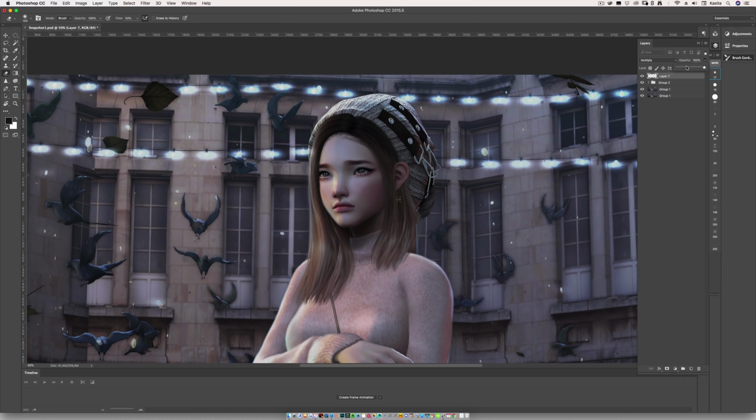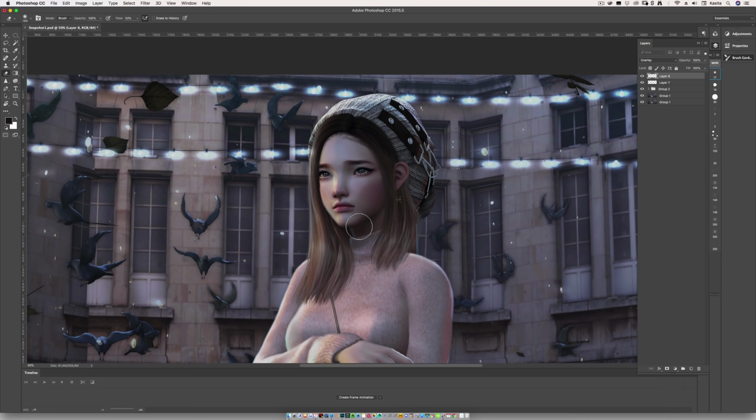Then you can always lower the opacity to make it a little less dramatic as well. But the idea is just to add a little bit more shading at the underside of the face. And then the next thing that you want to do is add light to this area that usually catches a little bit more light. So I'm going to create a new layer, switch this to overlay, and then we're going